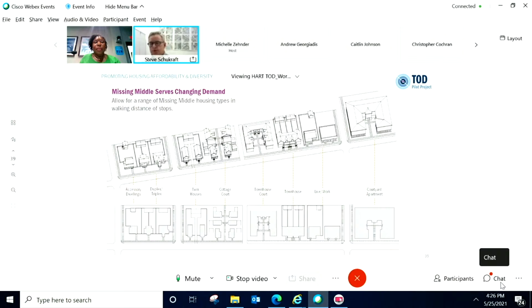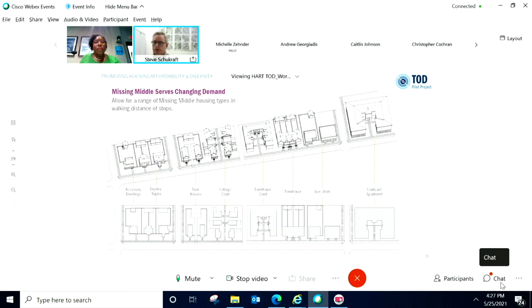The other part of this puzzle is to increase the diversity of the available kinds of units that are out there. So this is the spectrum of what we call missing middle housing. It's the kind of housing that falls between single-family units at one end of the spectrum and larger-scale multifamily at the other end of the spectrum. And between there's not a lot of options that exist in the neighborhoods now.